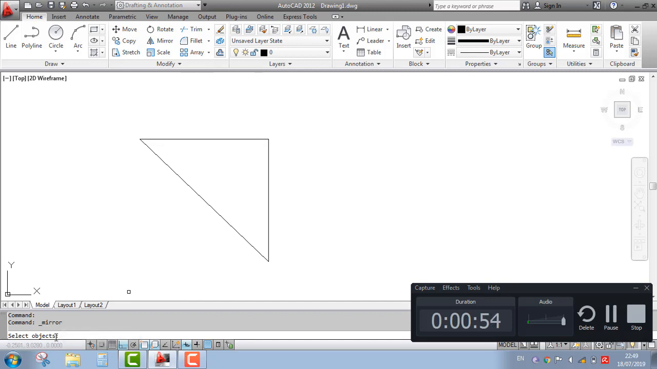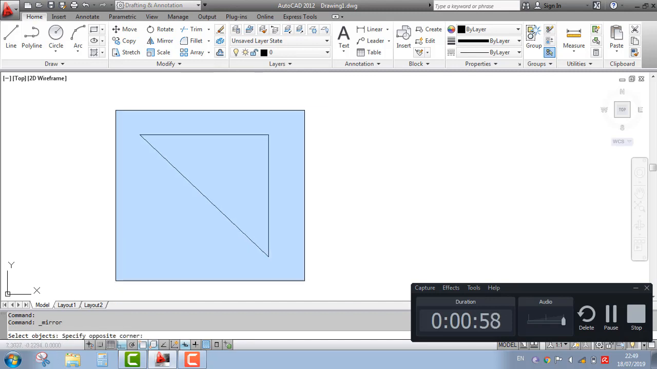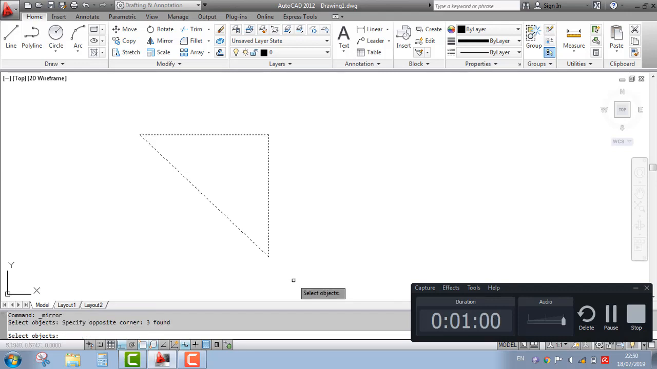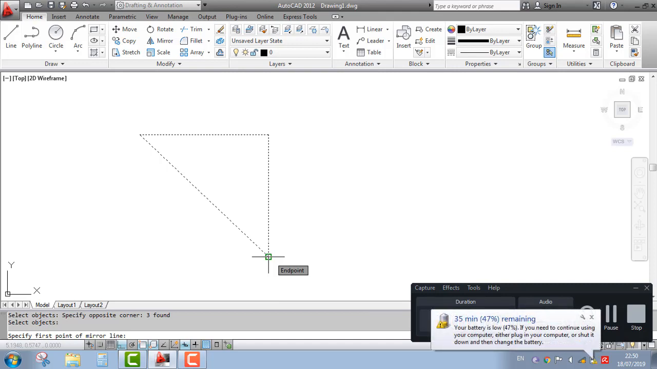It is asking me to select the objects to mirror. I am selecting the whole object, then Enter. Then it is asking me to specify the first point of the mirror line. I am giving the first point as this one,